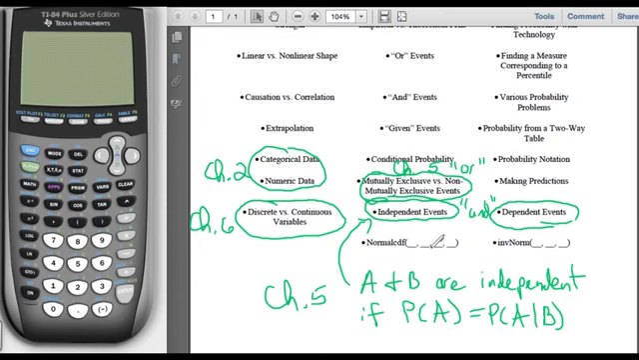To close this video, just remember normal CDF has 4 entries. You've got your lower bound, your upper bound, your mean, and your standard deviation. Inverse norm just has your percentile as a decimal, then your mean and your standard deviation. So in the next video, I'll pick up with some examples